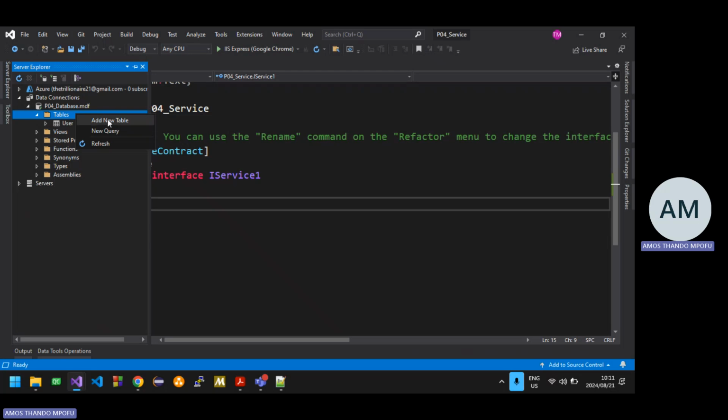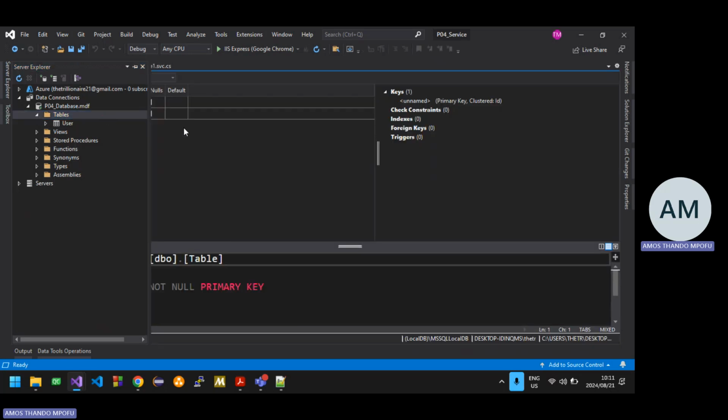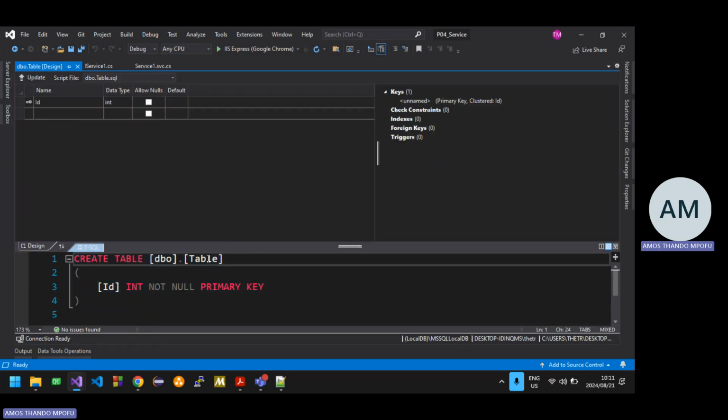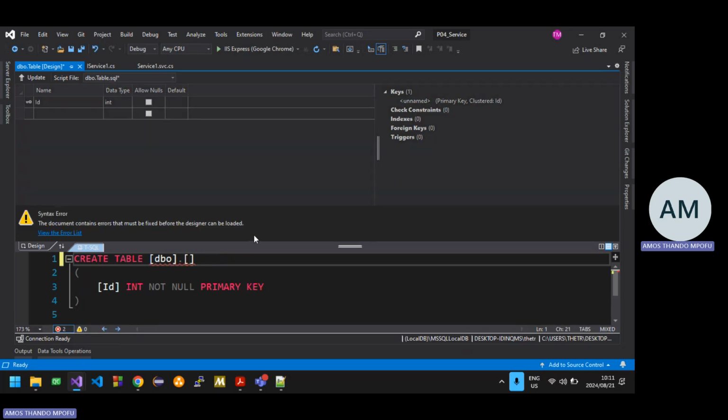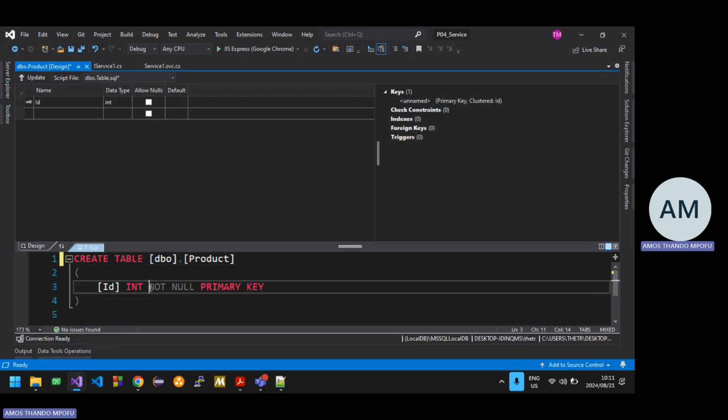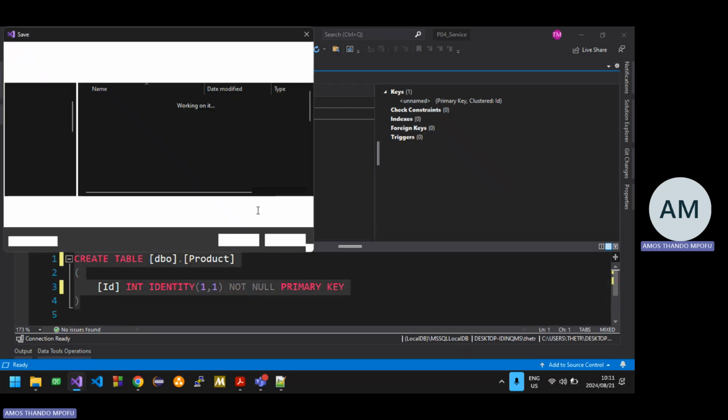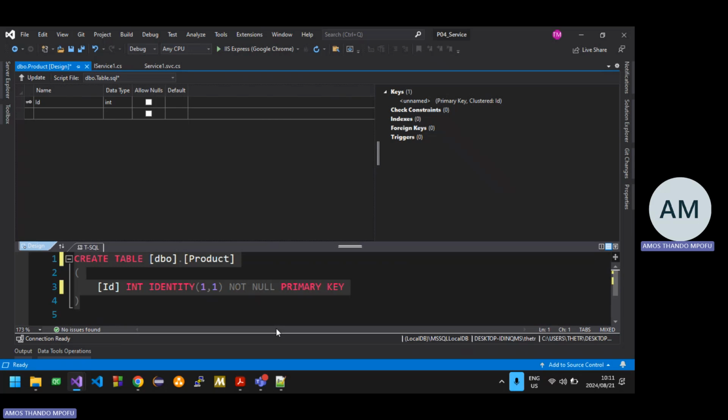So now I want to add a new table. And then, like I said, where you see table name, you need to change that to your table name. So product. And then remember, I want it to auto increment. Identity started 1, increment by 1. And then the product, like I said, you're gonna have an image,